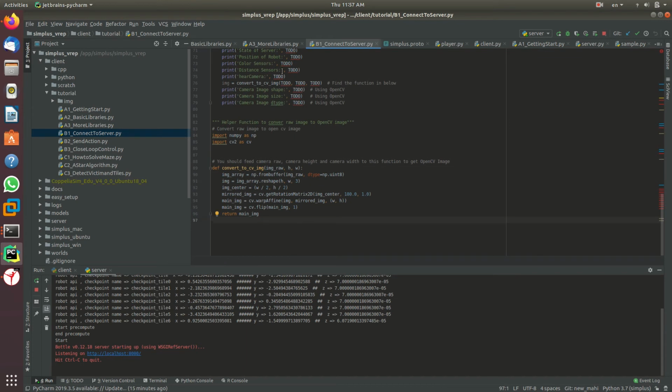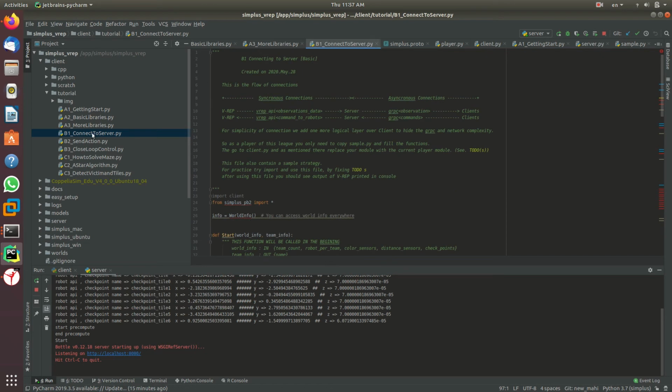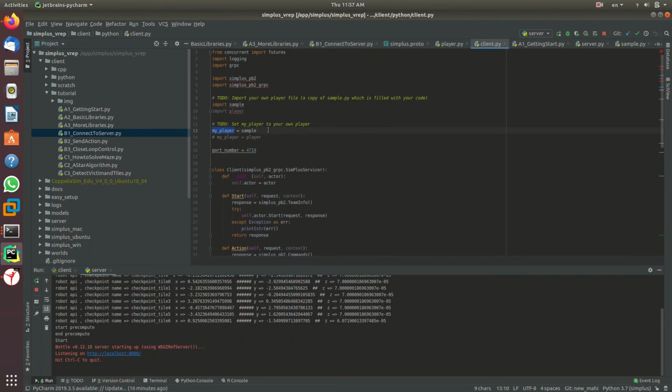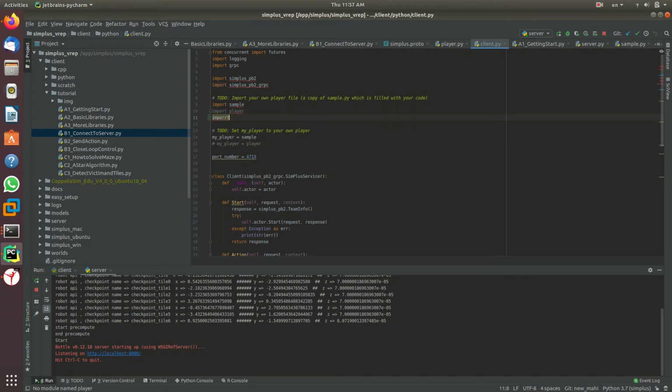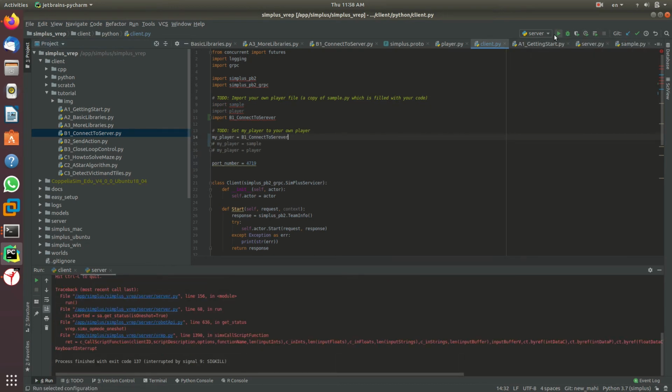After you complete all the to-dos, you need to run your code. For running your code, you simply go to the client. For example, I'm trying to achieve B1 and I finished all the to-dos. Now it's ready for test. So I say import B1 connect to server, and here I comment the previous one and say my player is equal to B1 connect to server. Now if I run the client code, you might see that